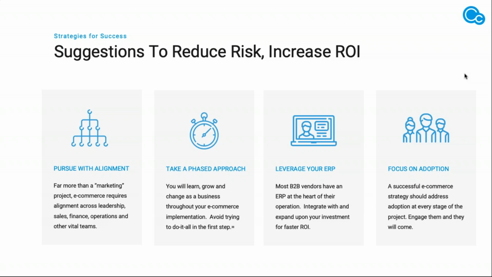As I mentioned, if you build the best solution possible and people don't come, it's a wasted cost bucket. And again, all of the first 3 icons in here drive that adoption, right? You want to make sure that your organization is projecting the website as a valuable tool to customers. You want to take a phased approach to get an effective solution deployed. And you want to leverage that ERP system to make sure that what your customers need to do on the site is available to them, the data that they need is available to them, and you're not creating 2 separate data centers. So again, all 3 of those first buckets really drive successful adoption and successful e-commerce,